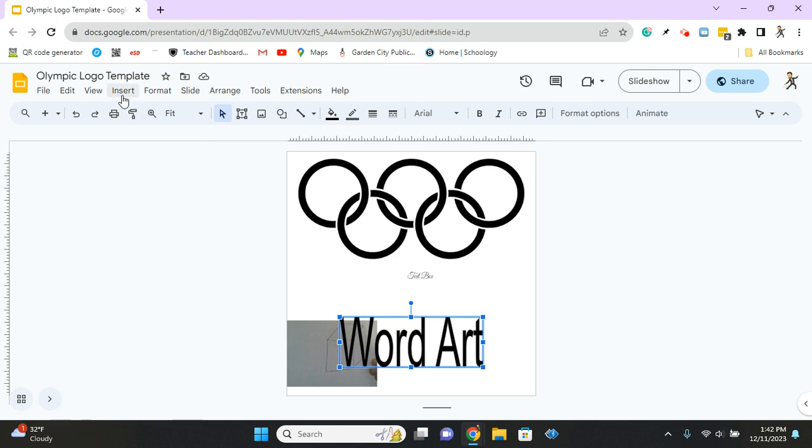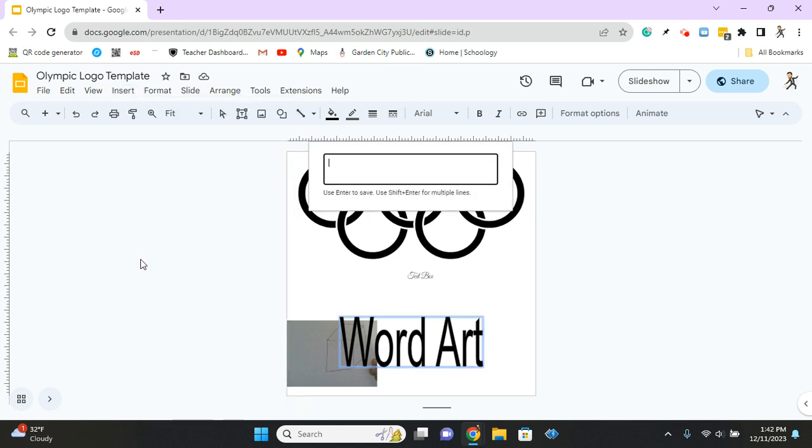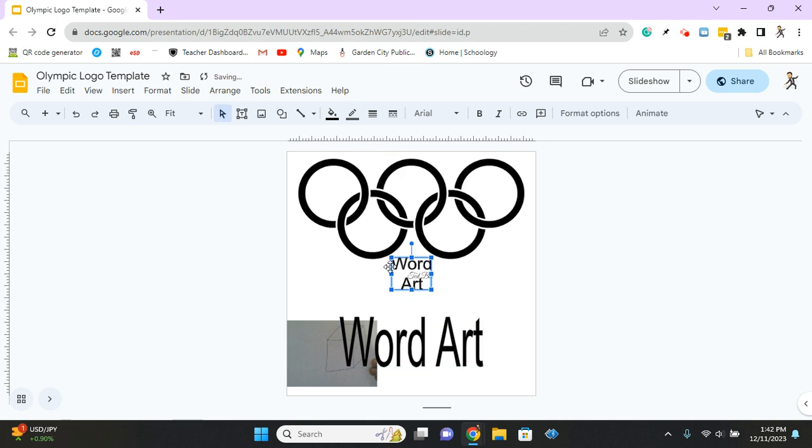I can also insert more than one word art. So I can go to word art again, and this time I want to put a space. I don't want word and art to be on the same line. I can go word, and you see here it says use enter to save, use shift enter for multiple lines. I do shift enter, word art, and now when I hit enter, it'll be on top of itself. So I got word, and then I have art right underneath there. Once again, I can change the size of that font by clicking and dragging on the box. And I can even change the type of font with word art as well. So there's my word art